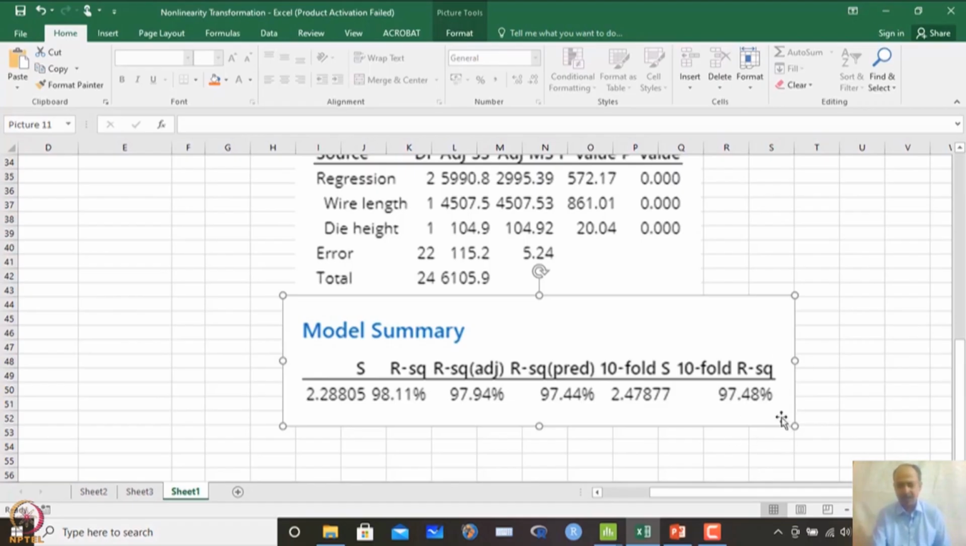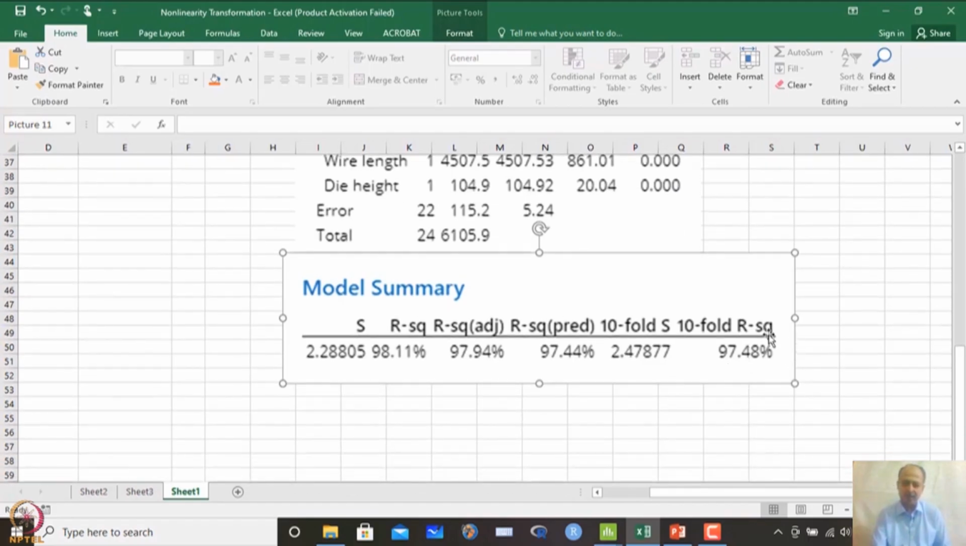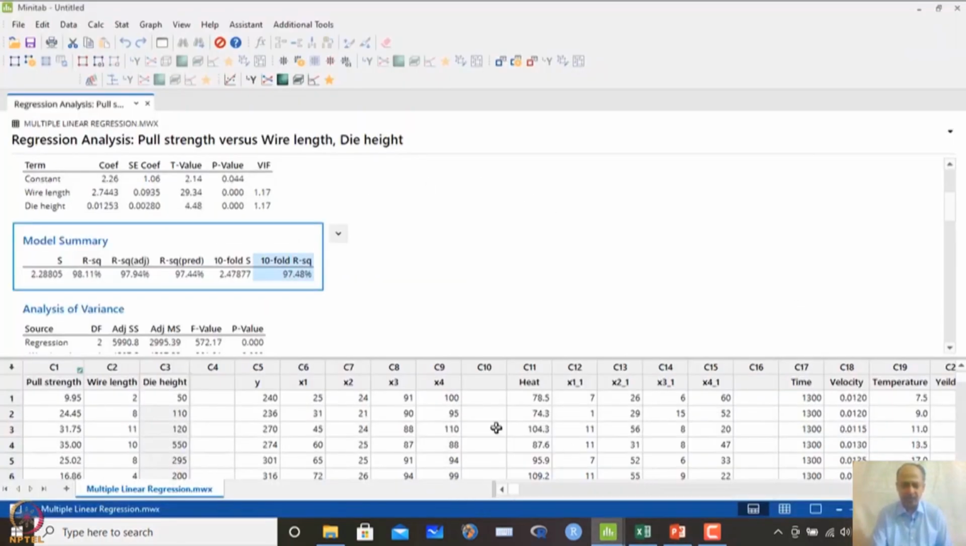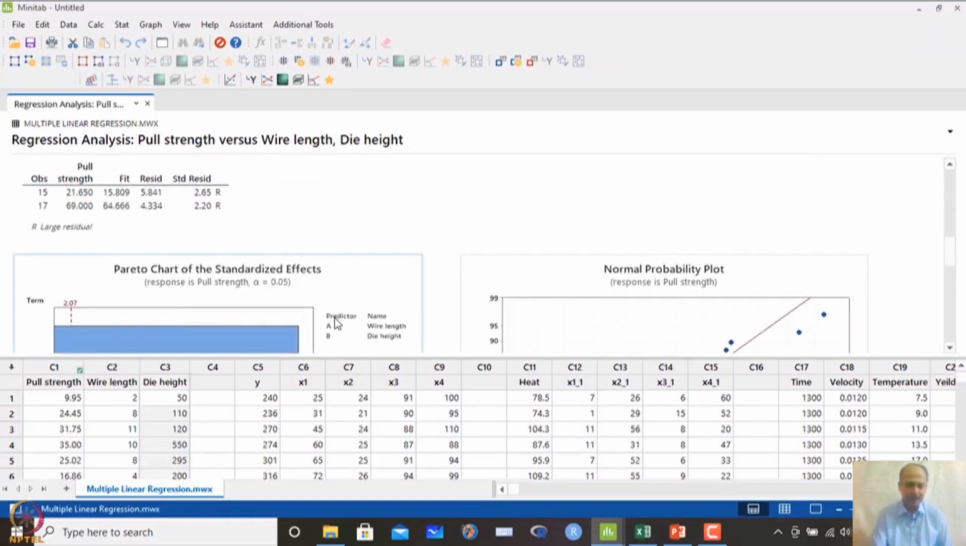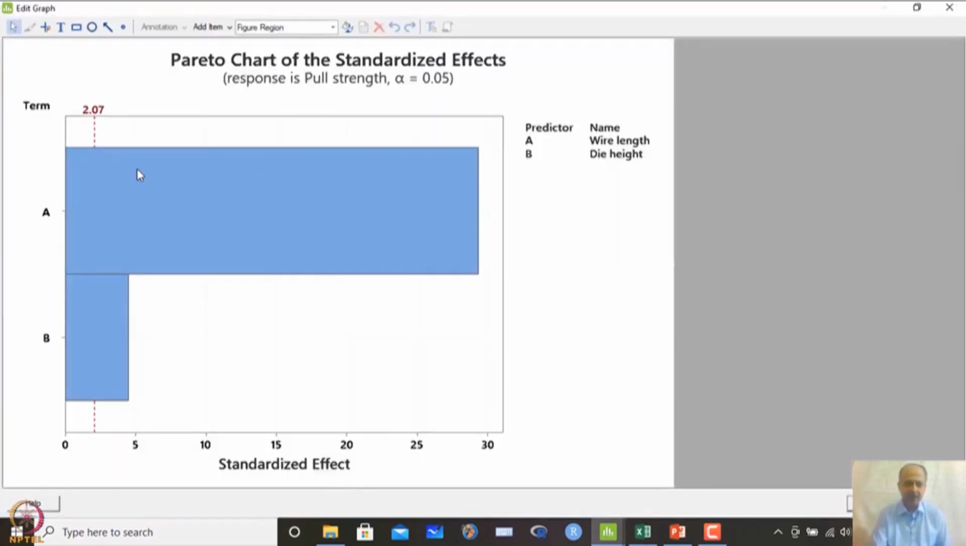So, that will be calculated for this, and then what is reported is the tenfold R square value, that is 97, which is quite good over here. And then we have the plots also. If you see the effect plots, at the level of alpha of 0.05, this is the cutoff that you see, and for this calculation you can just check the formula, 2.07,